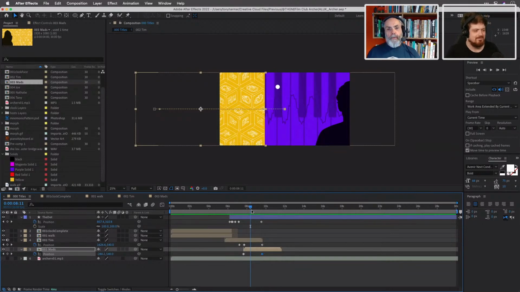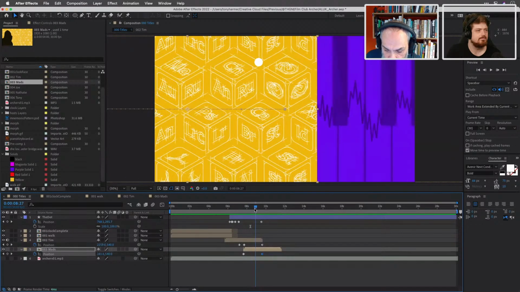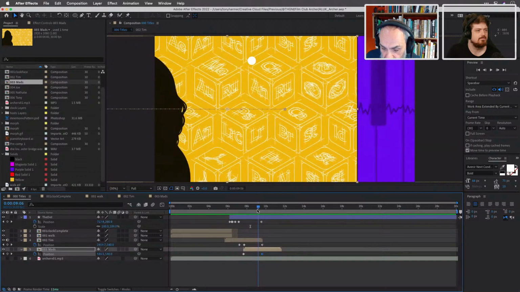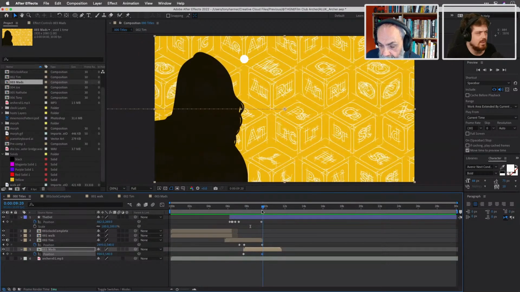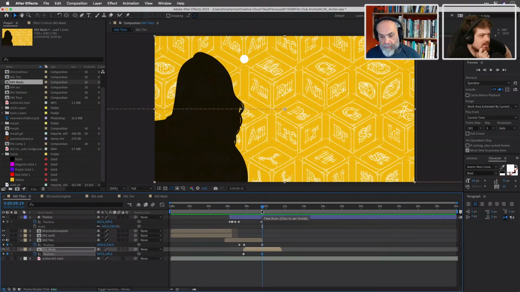If it's wrong, all I do is go into it. If I ever see a black gap appearing in there, I don't think there actually is one. But if there was, then I just go and nudge. Yeah, you see, there is slightly, just there. Perhaps there we go. Maybe one keyframe is out by one frame. I think the lower one is. That will be all it is. It will be something like the very beginning here.